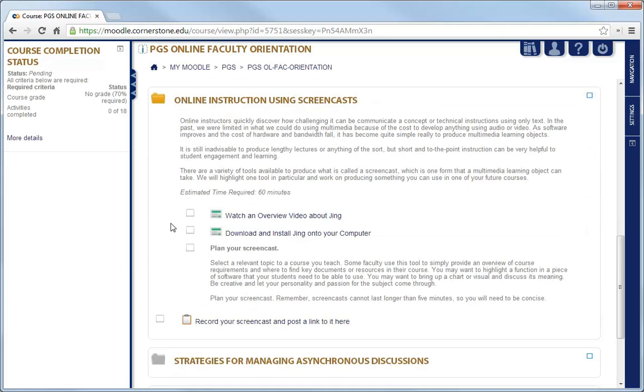You'll practice this in our orientation here by creating a screencast of your own and submitting a link to it for me to review. I'll provide some feedback. Don't worry. We just want you to try it. I think you'll find it actually easier than it might seem at first. Continuing on,